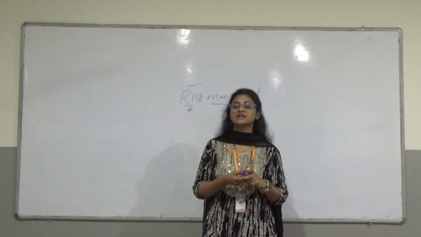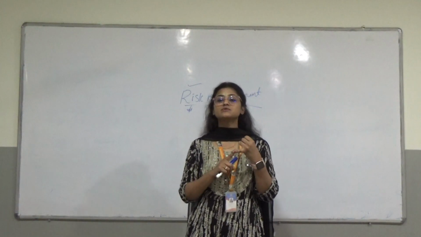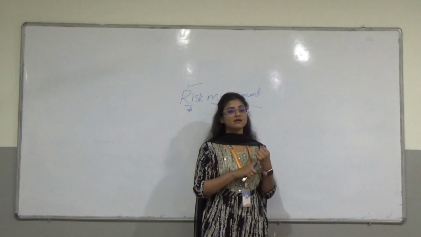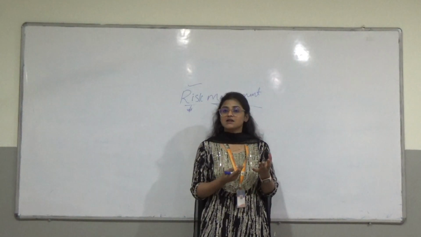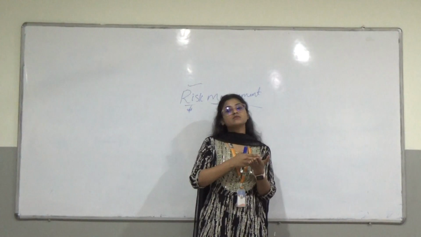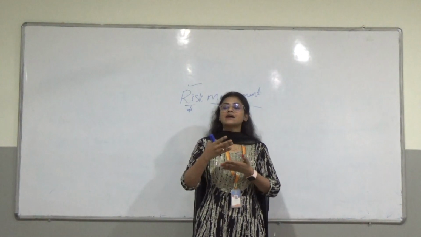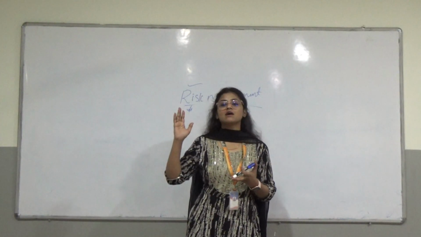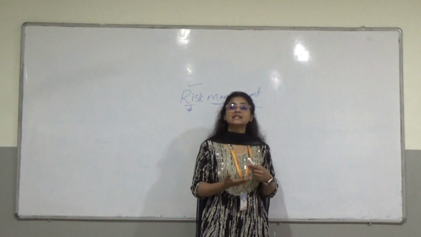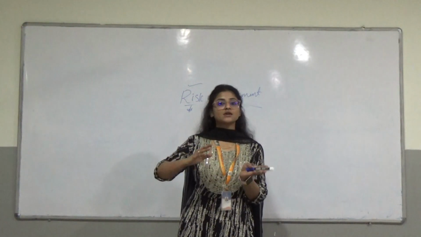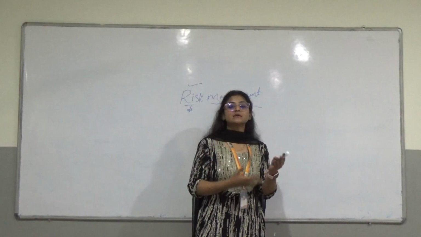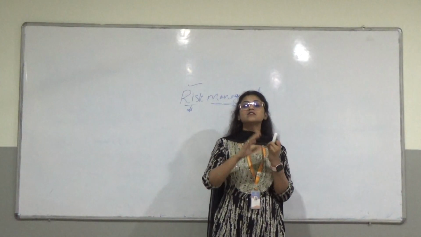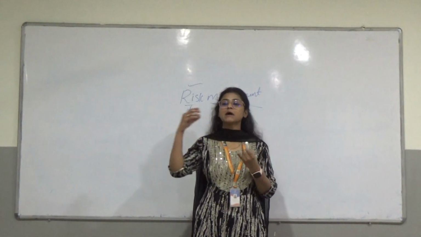The first occurrence of risk is a misunderstanding of the user requirements. For instance, you are baking a cake. The customer gives a few requirements, like I require this type of design, this many kgs, and this flavor. If the requirements are not clearly understood by the chef, or here you can take it as a developer, there may be the occurrence of a risk. The output will not be accepted by the user.